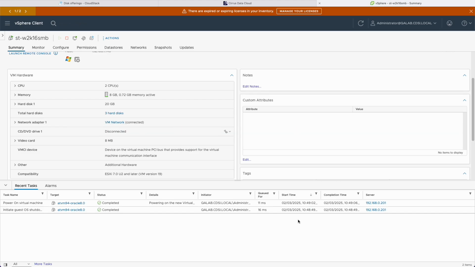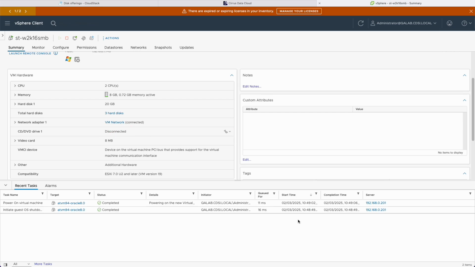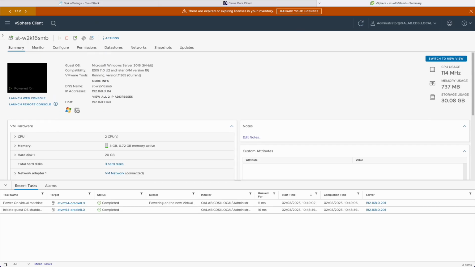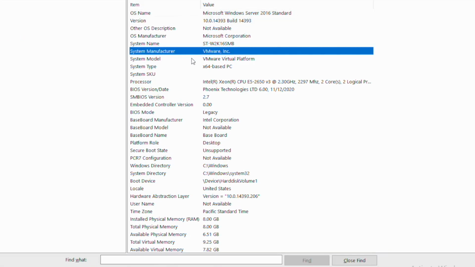CMC does not actually care what environment your source host is running on. Even older versions of virtual machines from other VMware environments that do not support native migration can be seamlessly migrated using Cirrus Migrate Cloud. Connecting to it, I can see that this is a 2016 Windows server running on VMware